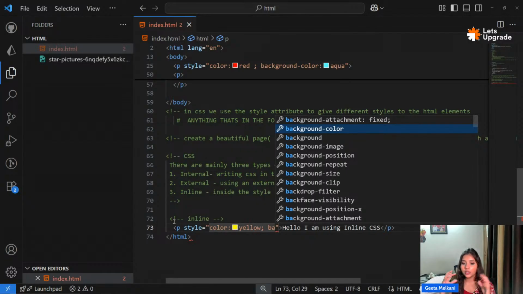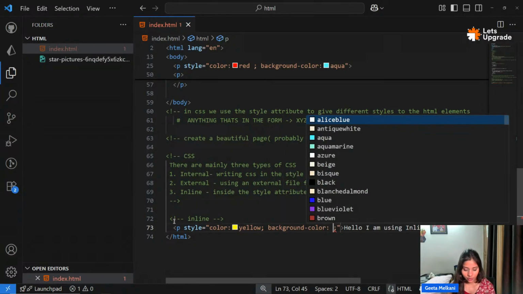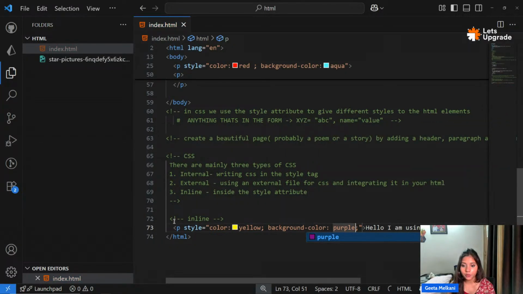I want you to understand all of them, which I cannot explain here because it cannot be manually explained in just 3 days. So I want you to explore all of it. I'll explain the important ones which are used in daily life or which are important from the interview point of view, right? So I'm saying background color. Let's say the background color should be purple. Okay, now if I go to my website